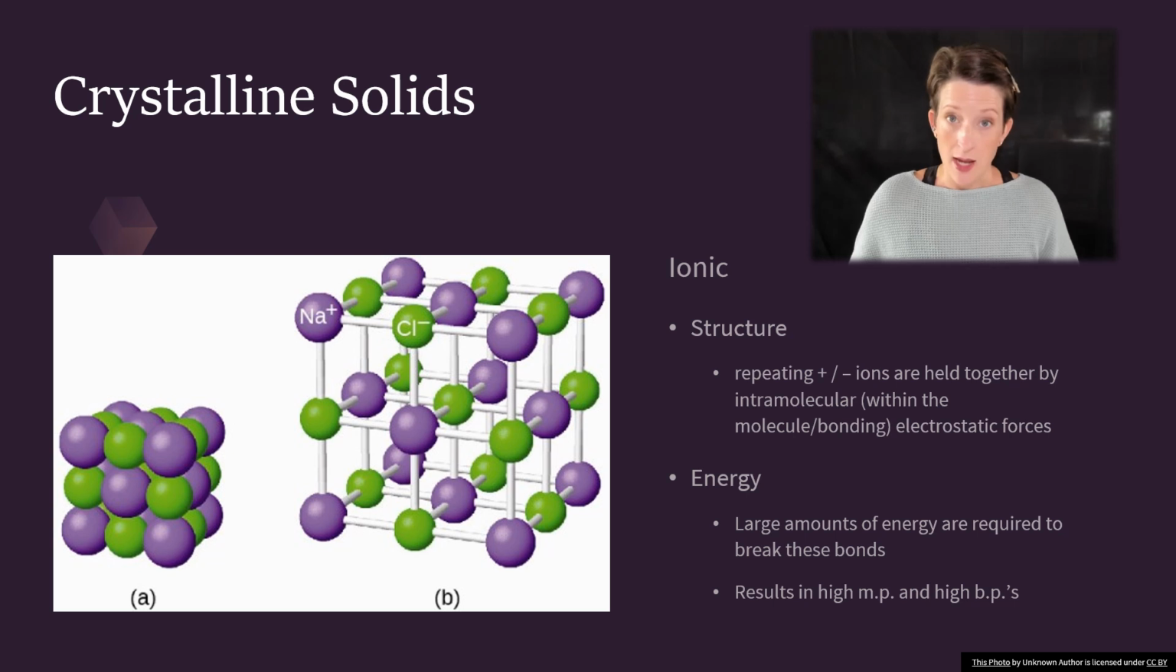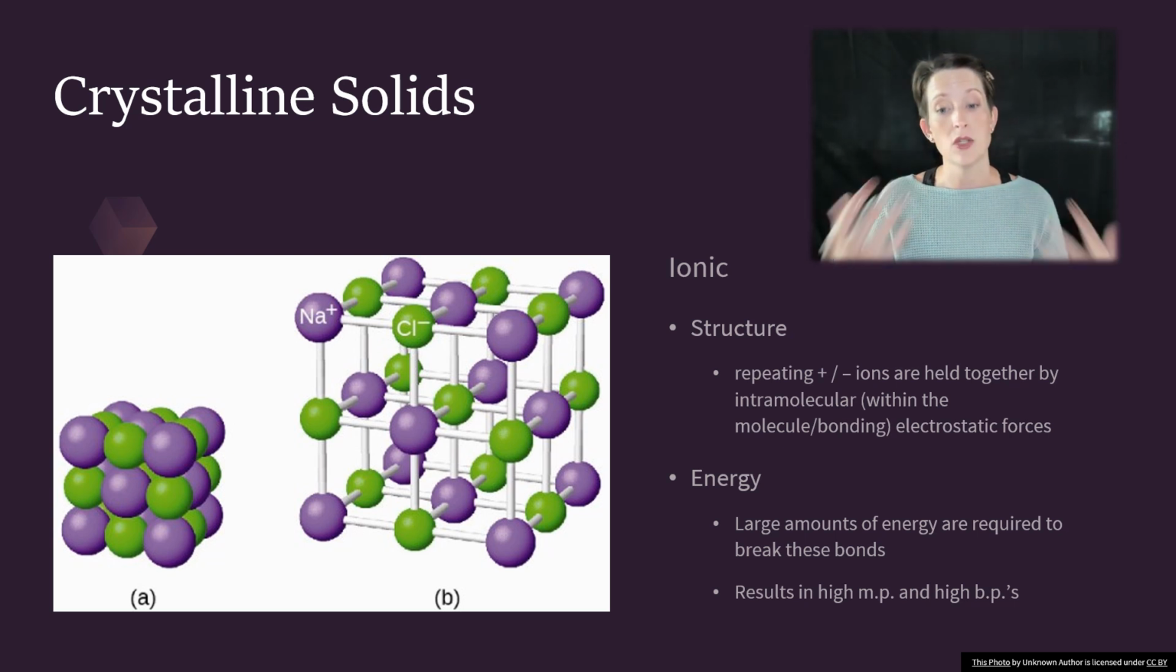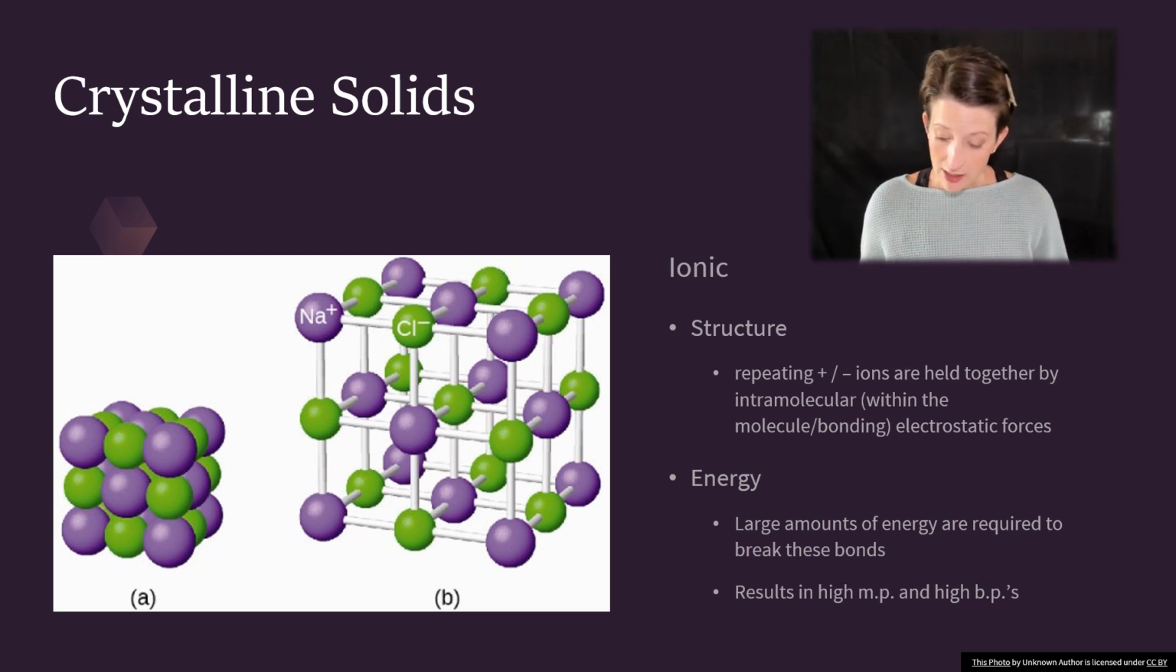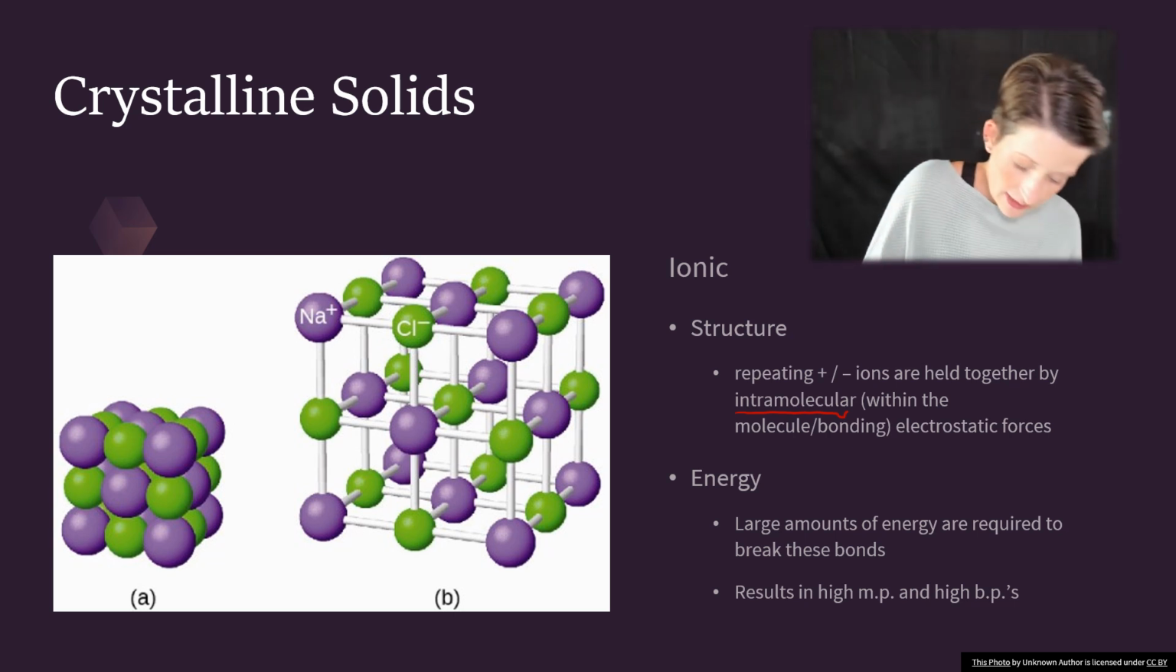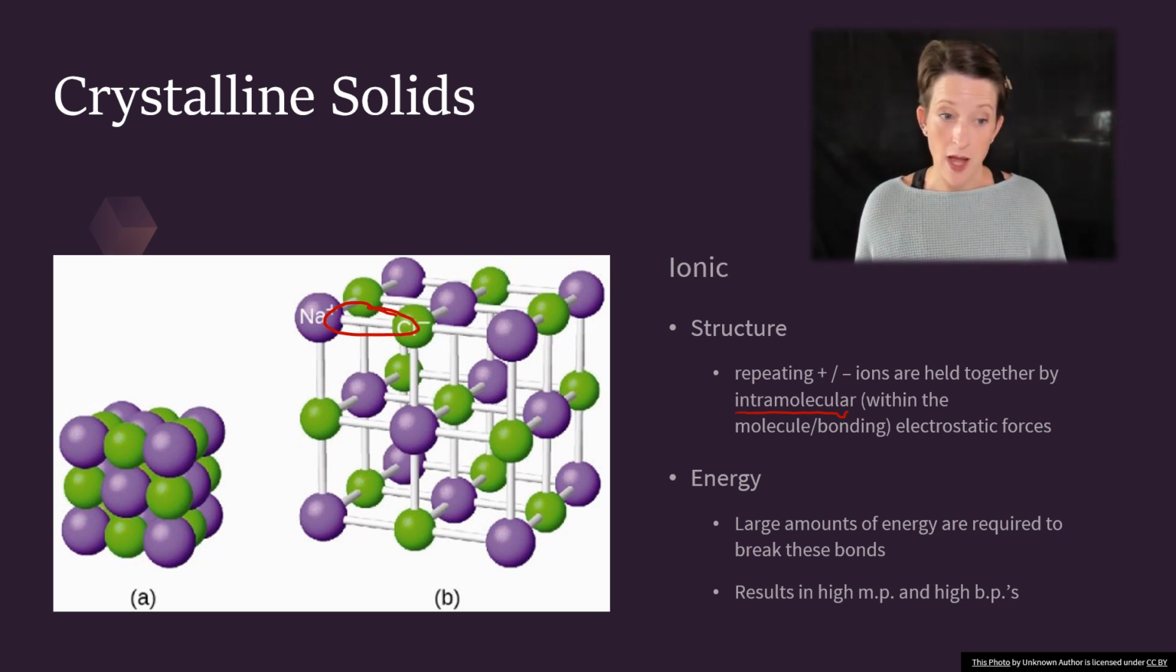As we've discussed, ionic compounds are made up of cations and anions, but it's not just one element. It's not just one sodium and one chlorine. It is a repeating structure, and they're held together by what is called intramolecular. So intra means within the same region. So this is the bond, and that bond is that electrostatic force between the positive and negative ions, and it